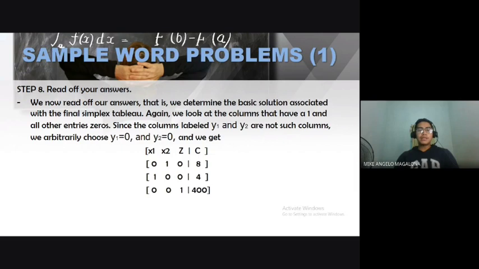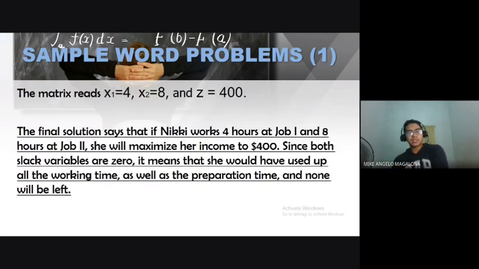For x sub 1, its values will be 0, 1, and 0. And for x sub 2, its values will be 1, 0, 0. In z, its column is 0, 0, 1. And for c, the numbers in that column are 8, 4, and 400. Hence, the matrix reads x sub 1 equals 4, x sub 2 equals 8, and z